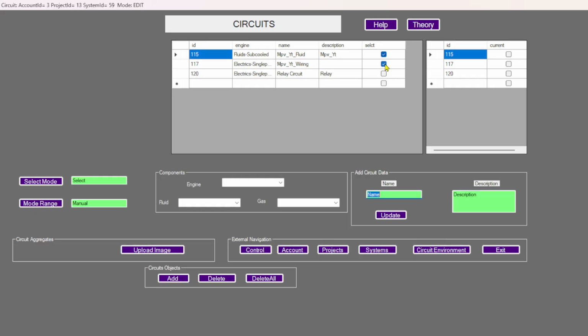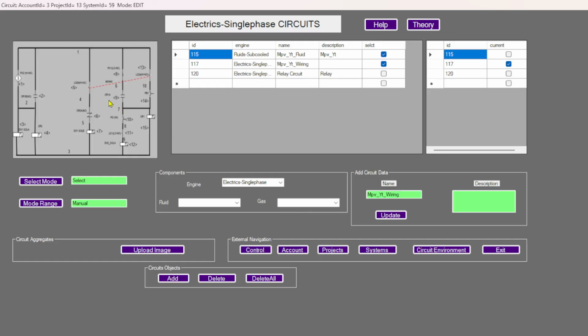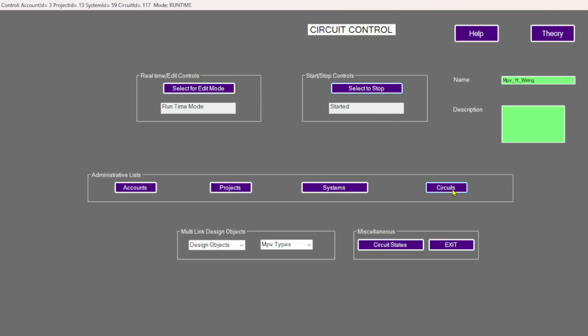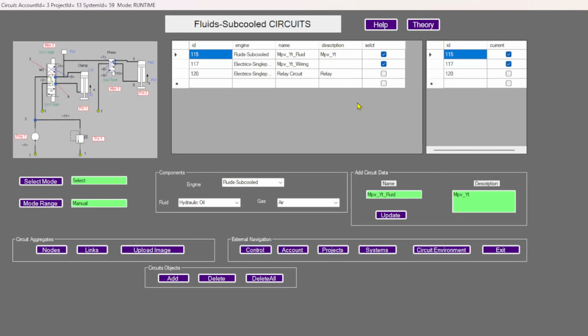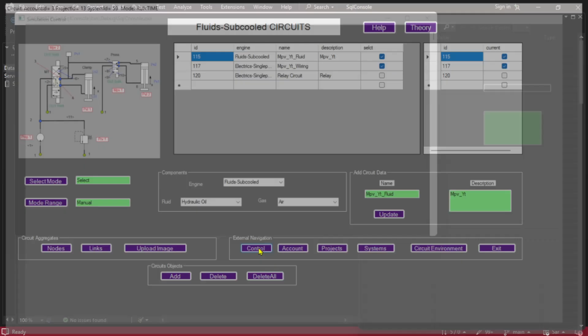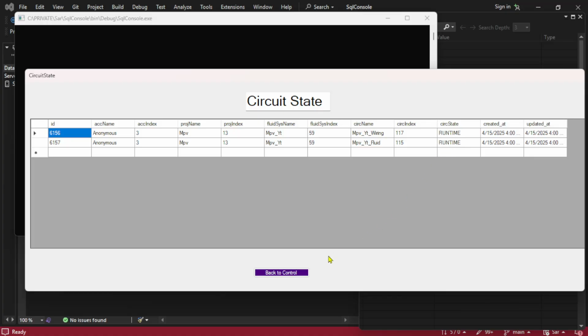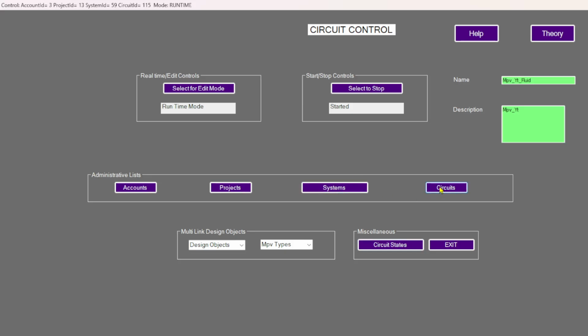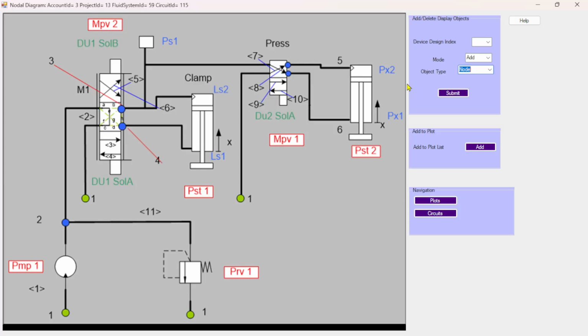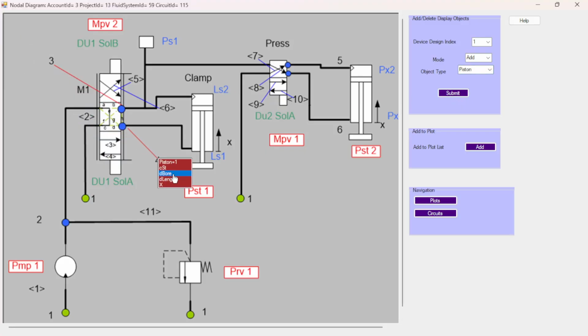So what we'll do is select the wiring diagram, and it comes up with the wiring diagram circuit, and then we'll go to the control and just start the circuit, and then we'll go to the thermohydraulic aspect of it and go to the control and start that circuit. So if we go to the states, we can see that both those circuits are running. And just to validate that, we'll have a look at the pistons, and piston 1, which is here, and you can see the piston moving,